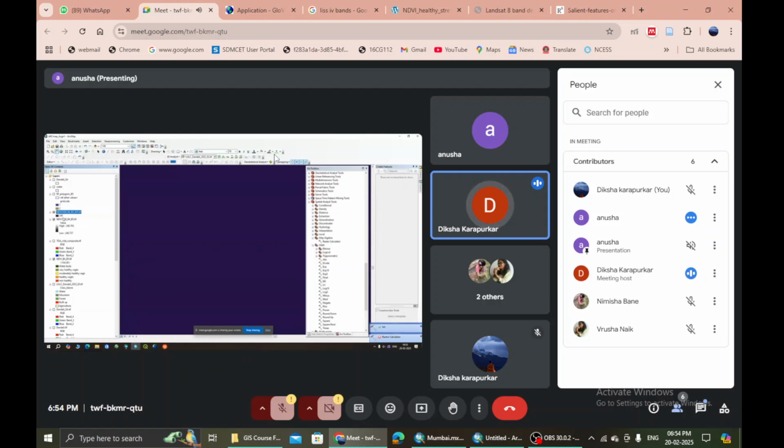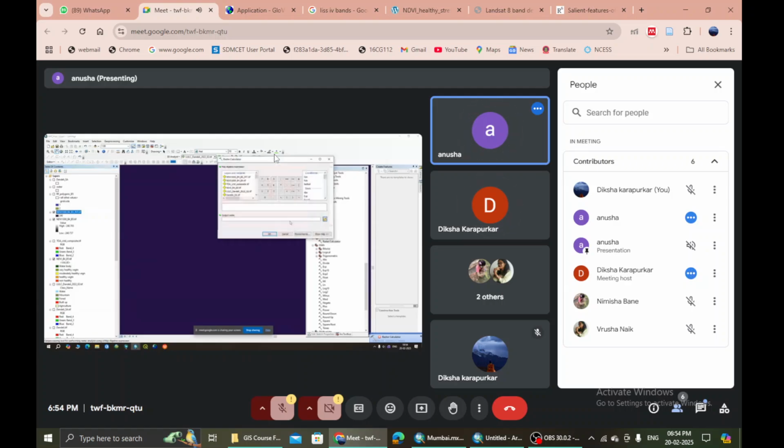Go to raster calculator. Choose your NDVI image that you have classified. NDVI, this one only? Yes, that first created one. NDVI value multiply 1000.